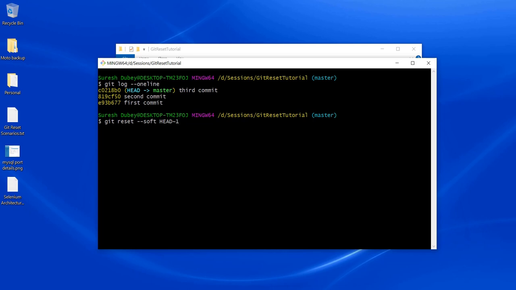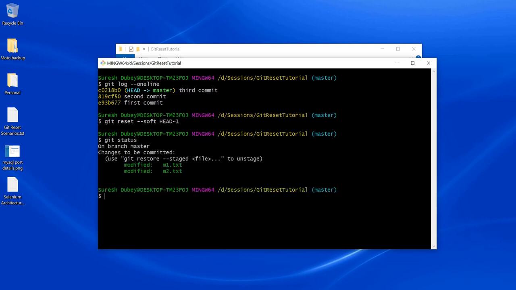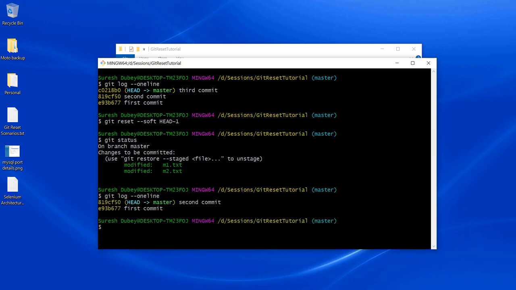It means the files will be moved to my staging area in git. If I check status, these two files are showing in green, which means they are in my staging area, and git log will show that the second commit is now head. So this is how we can use soft mode to reset the commit, and here we need to mention soft, it will not be taken by default.